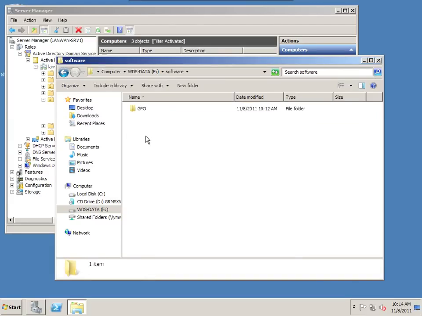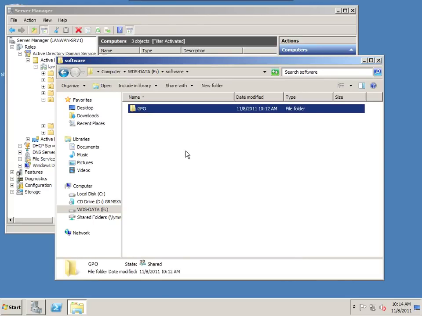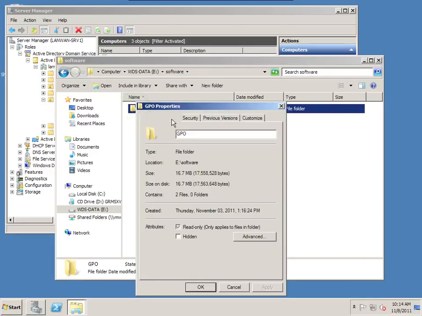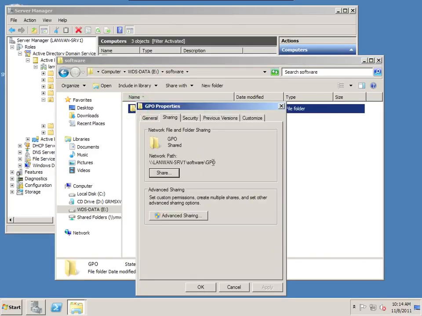So we're going to close that down, open it up. And I created a special folder for GPO because I could have other software I want listed in here that's not necessarily an MSI package. So I'm going to open up the GPO folder, Properties, and take a look at it. It is not being shared, but it is accessible through the network path